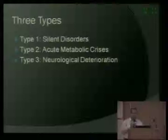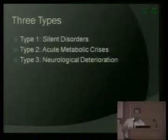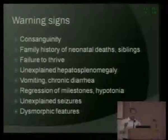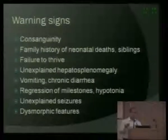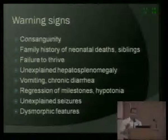Acute metabolic crisis, even I can recognize, so no points for that. And neurological deterioration is something which we all know about, which points towards a metabolic disorder, especially in children with delayed milestones or regression of milestones. There are some warning signs when you take history or you do examination, which probably can help you to think,